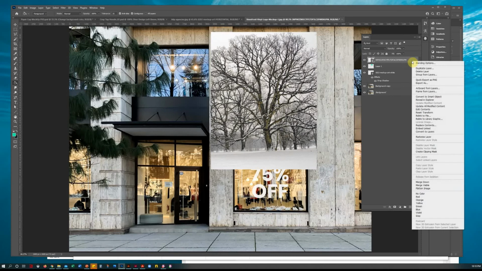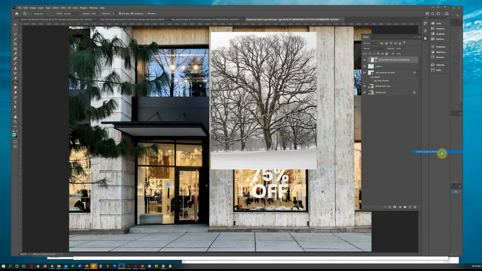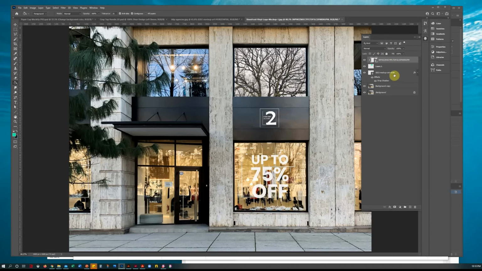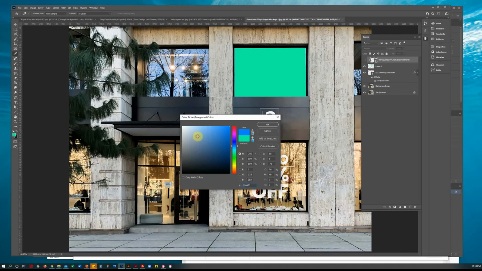So now I'm going to right click, I'm going to do create clipping mask. And that's going to crop the trees into this rectangle that I created. Alright, and then this rectangle really should have been probably like a light blue because it's,